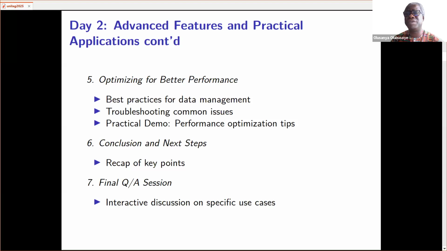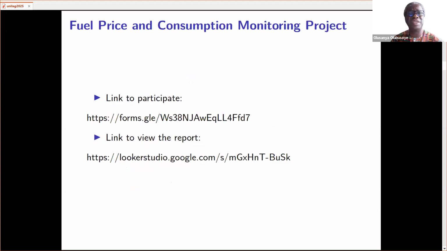I hope today's lecture will make it appealing for you to also wish to continue subsequently. To set the stage for our discussion and make it more practical and engaging, I would like to humbly invite you to participate in this project.